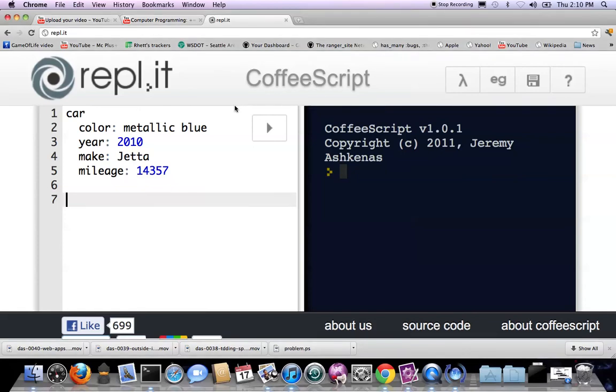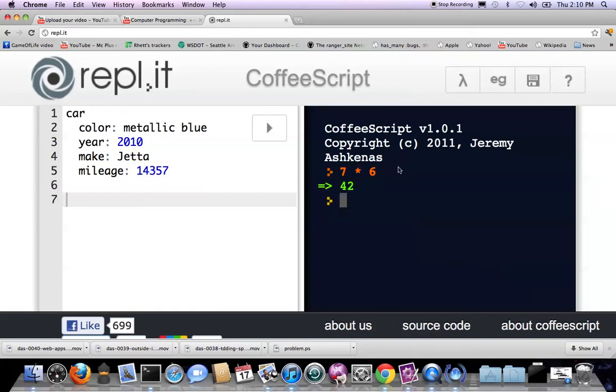Hello, today we're going to talk about creating objects in CoffeeScript, and I will tell you a little bit more about objects in a little bit, but before that, let's review some of the things that we know CoffeeScript understands already. So in many of our early lessons, we learned that CoffeeScript is very adept at doing arithmetic, so we